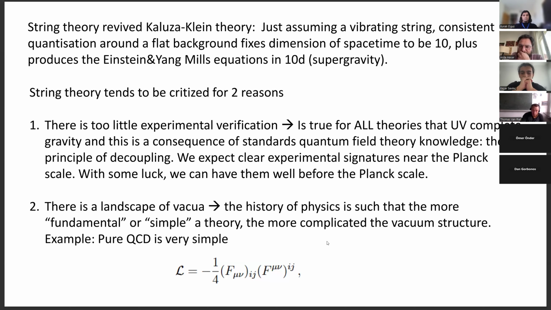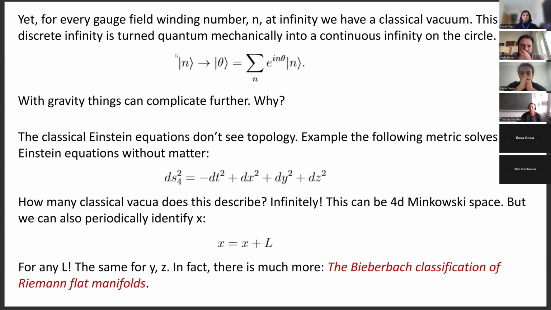And I just want to give this example because it shows something very fundamental. It's very simple. And then you go to the vacuum structure and it actually starts becoming a little bit complicated, right? As people realized, a field strength can be locally zero, but it can have a non-trivial winding number at infinity. So then you realize, for instance, for pure QCD without even matter, that there's an infinite amount of possible ground states. And a little bit like the harmonic oscillator, like say the double well potential, we know that quantum mechanics can lift a degeneracy, right?